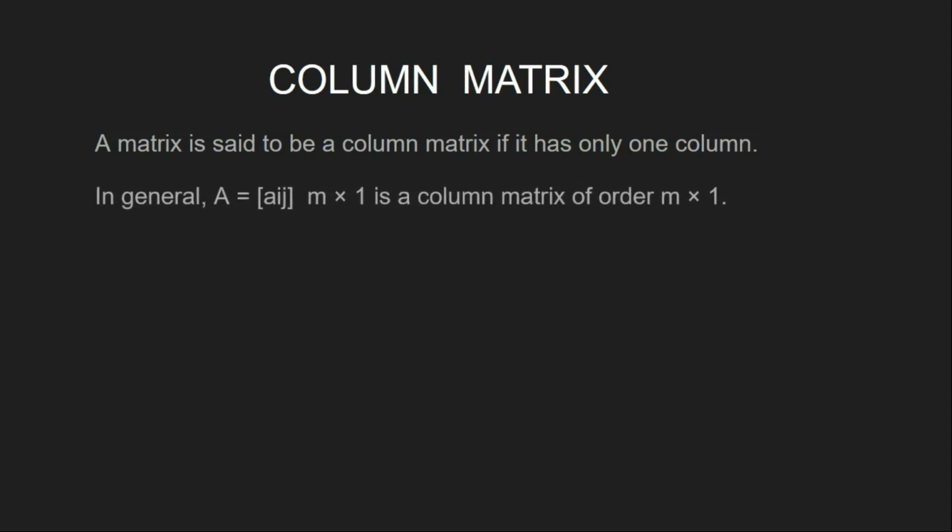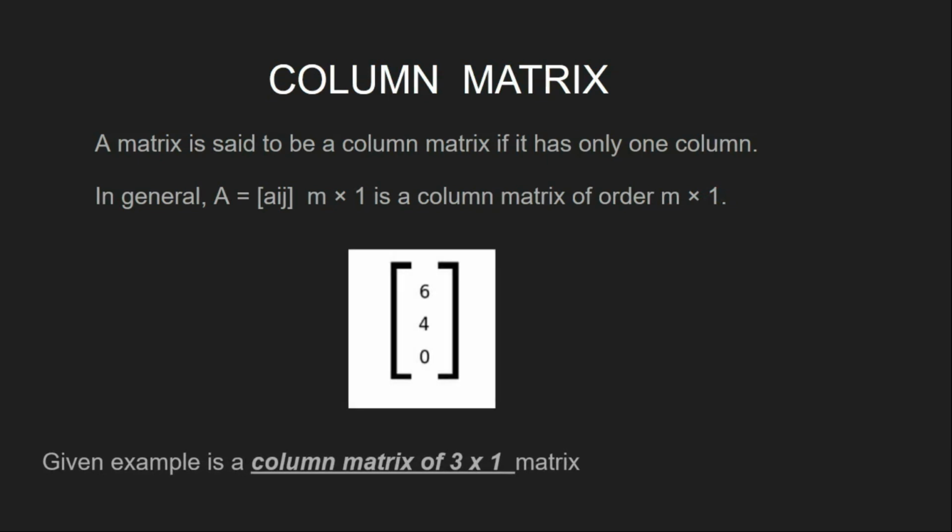If you have any matrix and that matrix has only one column, you can say that that matrix is a column matrix. In general, suppose you have any matrix A, the notation of that matrix is m cross 1, a column matrix of order m cross 1. It means there is a restriction that there will be only one column, and the rows can be anything: 1, 2, 3, 4, etc. So there is one example regarding column matrix.